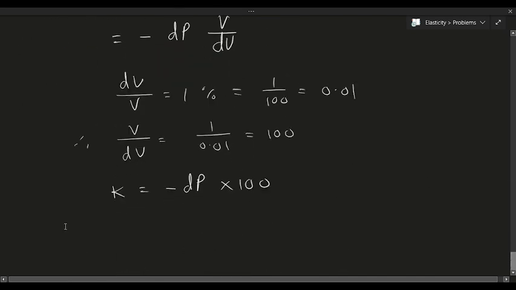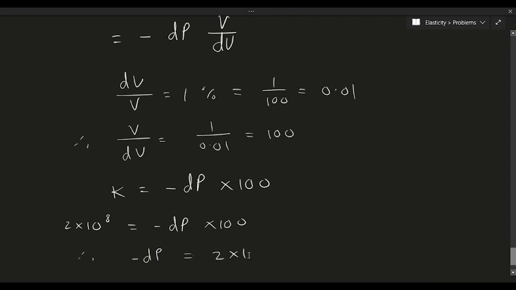It's given in CGS system, 2 into 10 raised to 8, equal to minus dP into 100. Therefore, minus dP is equal to 2 into 10 raised to 6,